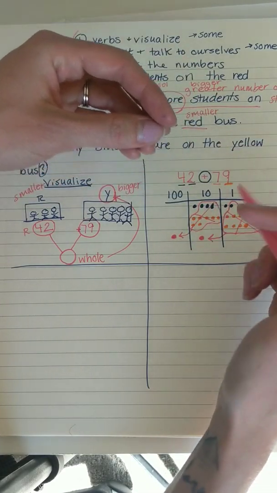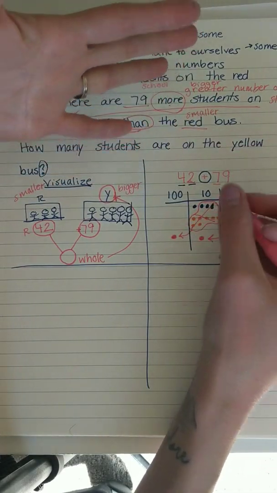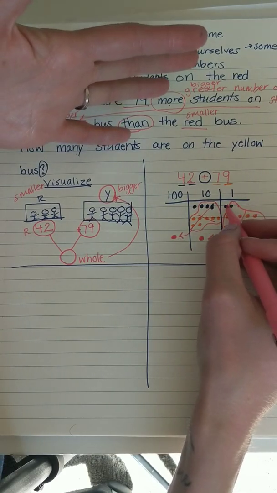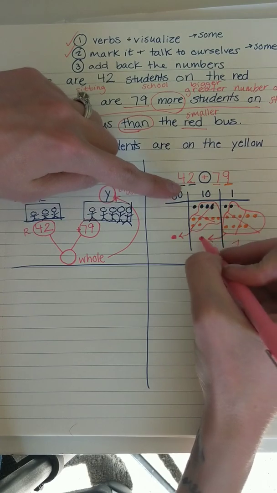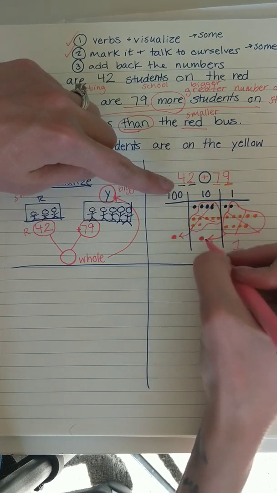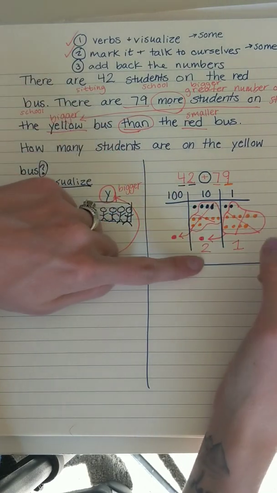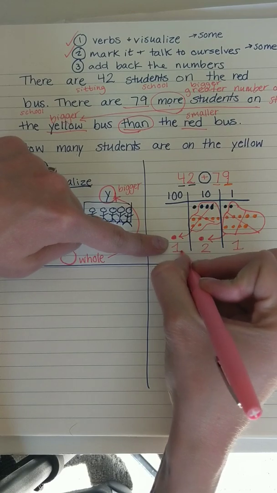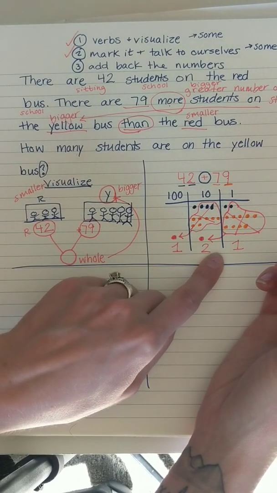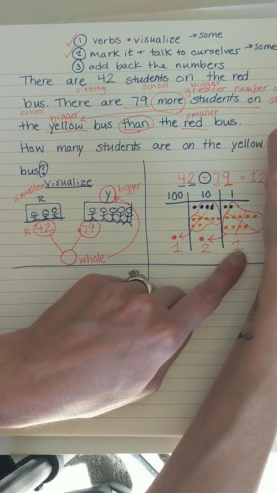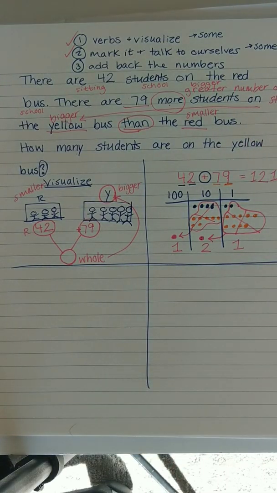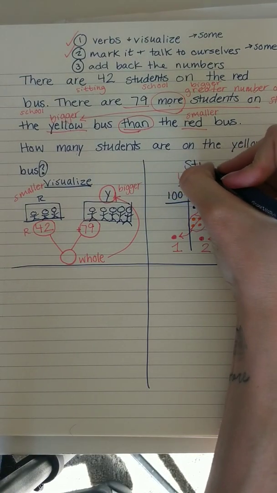Okay, so that's going to be my complete answer. So I will start with my ones. I have 1, 1, 1, 2. I can't forget this one. 1, 2, 2 tens, and 100. That makes 121. So I think this is equal to 121, but that was only strategy number 1. Okay, so I'm going to put strategy